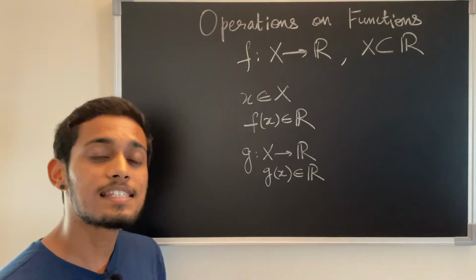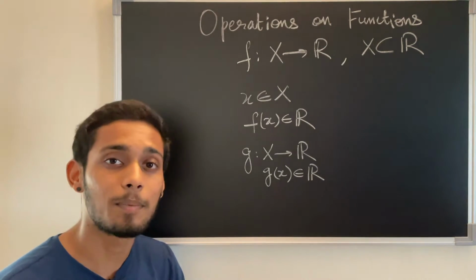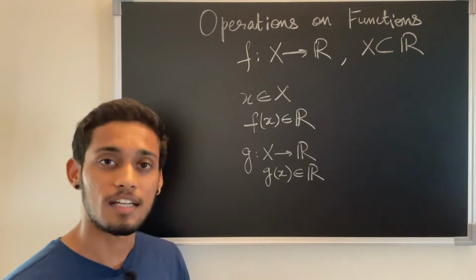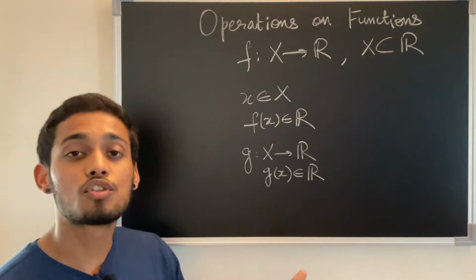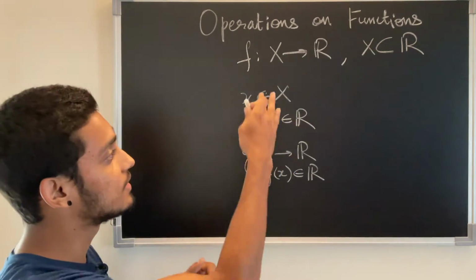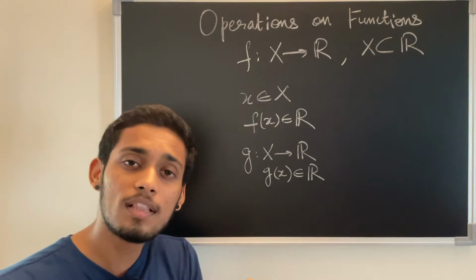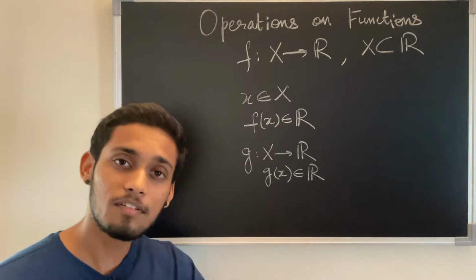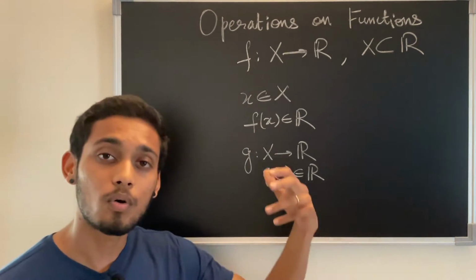In this sense, we realize that for all elements in the domain, we can perform these operations of addition, subtraction, multiplication, even division. Then why not define a function which satisfies this for all elements in the domain. So if f and g are real valued functions with the given domain and codomain, and all their images can be added, subtracted, multiplied and divided, then there is a function which we can define which will satisfy the same things. So let us see what they are.